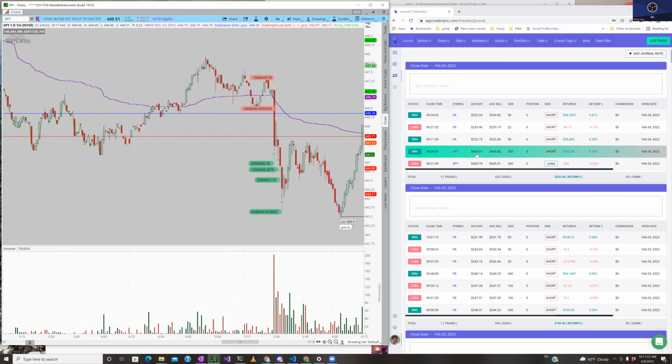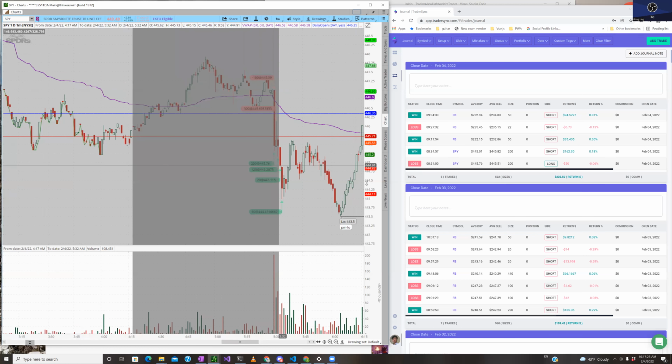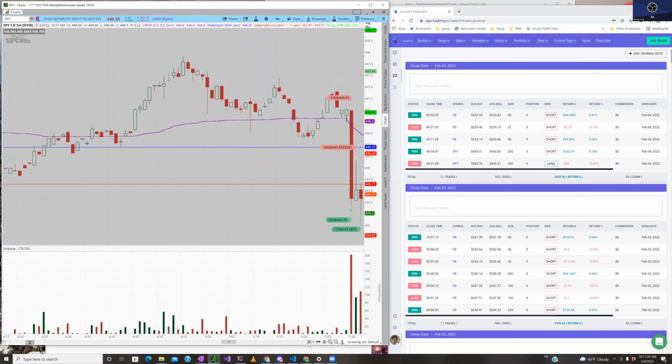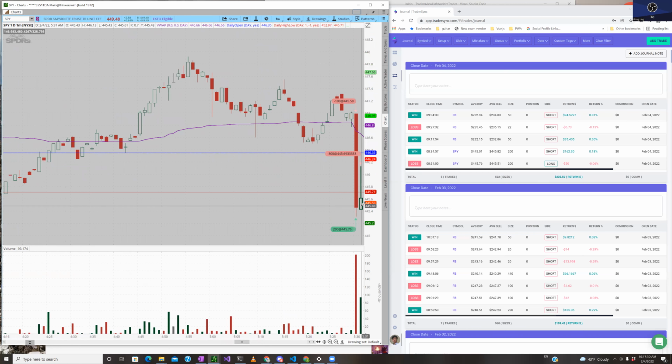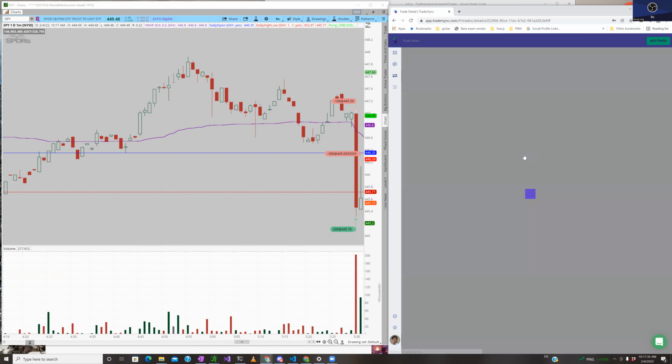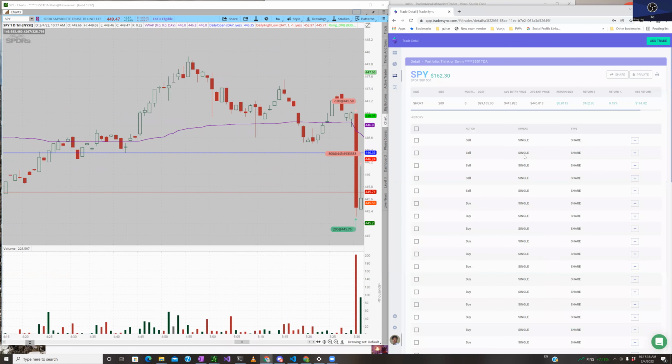Then I flipped short in the second minute. The way I'm looking at the second minute is it pulls back and then makes a topping tail. Then I shorted some here. Let's see, where did I short that? It is actually,